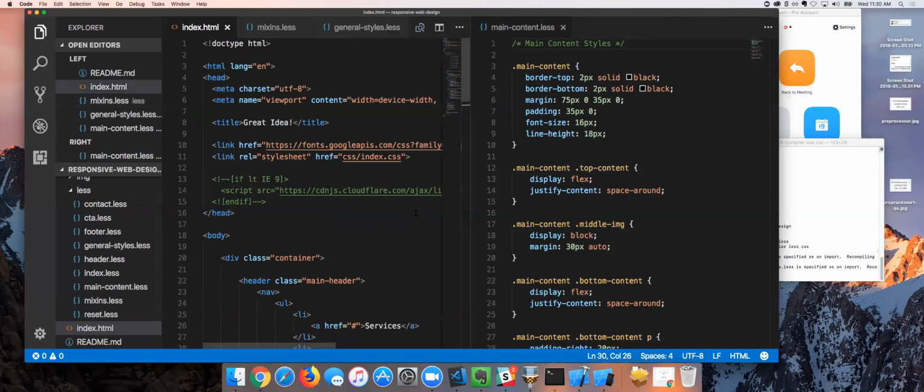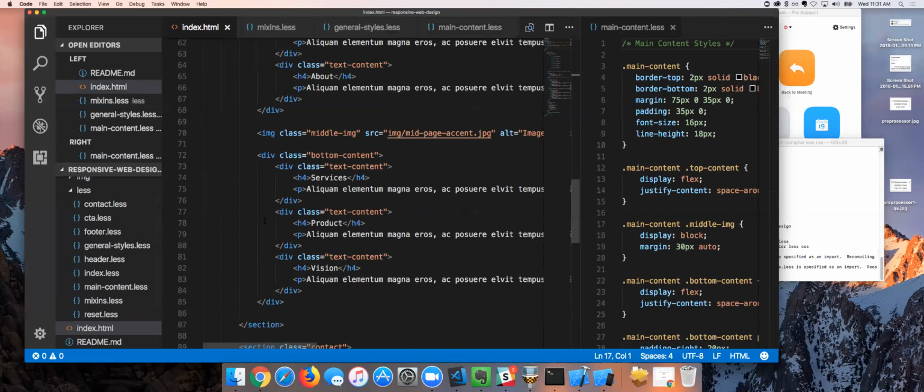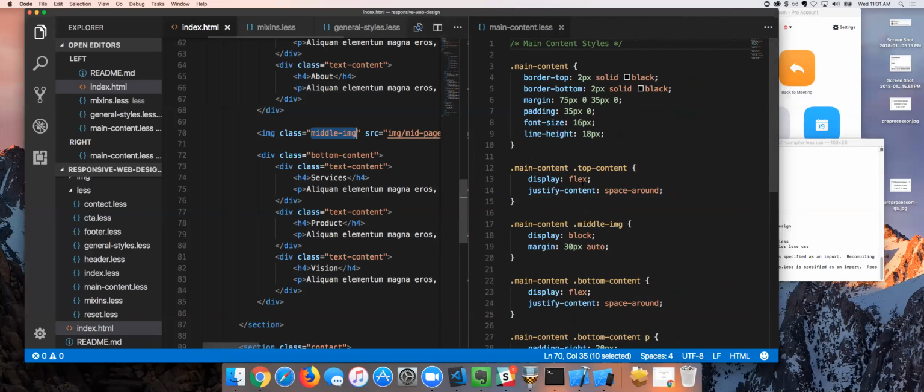So over here is my HTML, right? And so I'm going to come down here, and there's middle image. So I can clearly see that there's a class that I can grab, right? Because you're going to be doing this in less than an hour here. And so you need to understand how to tackle these problems. And the way you tackle them is HTML first, leads to your selector on the right here. So main content Less, and I'm going, okay,